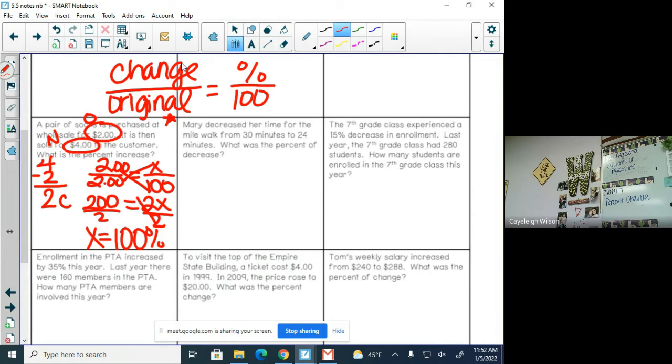So what was her starting time when she first did the mountain? 30, so put an O under it for original. And then what's her new time? And then what should the change be? C. And then you start plugging it in. So it says up here, change, what was her change? 6 over her original, 30, equals